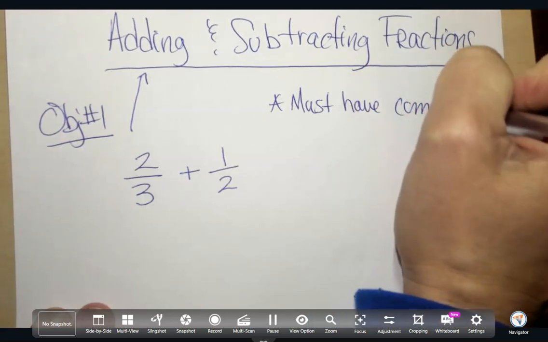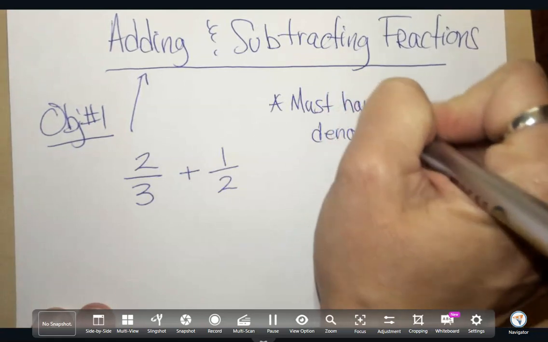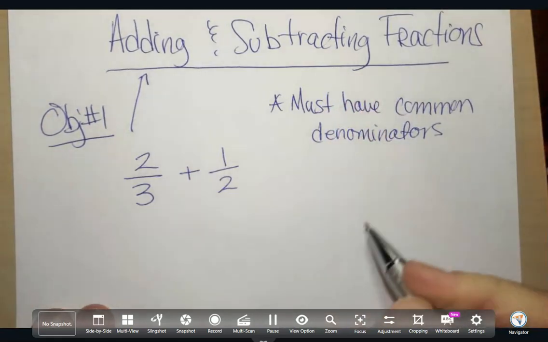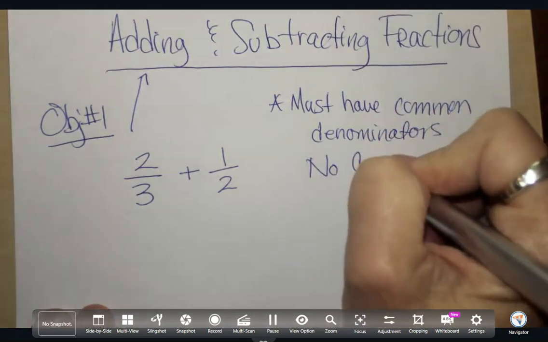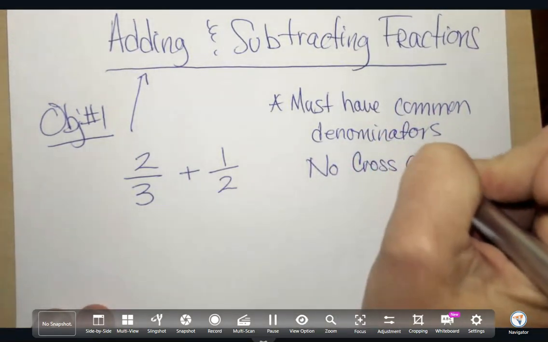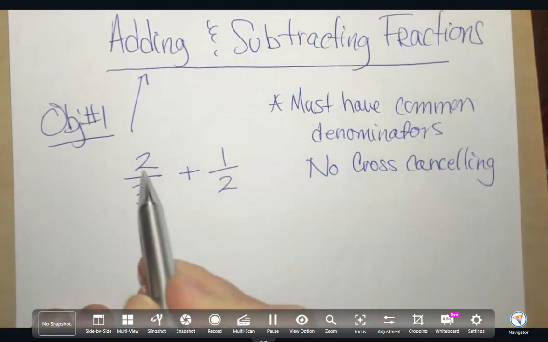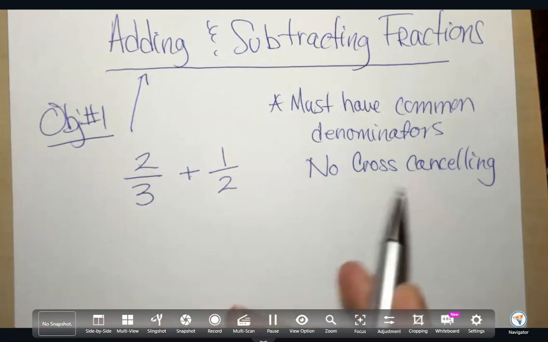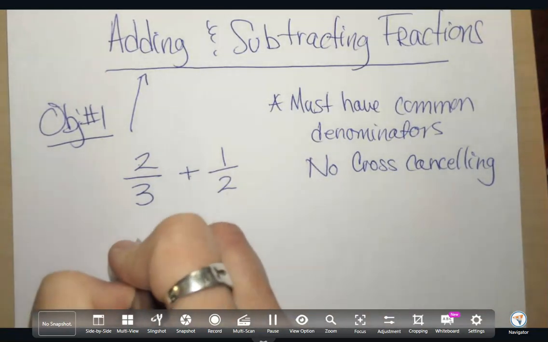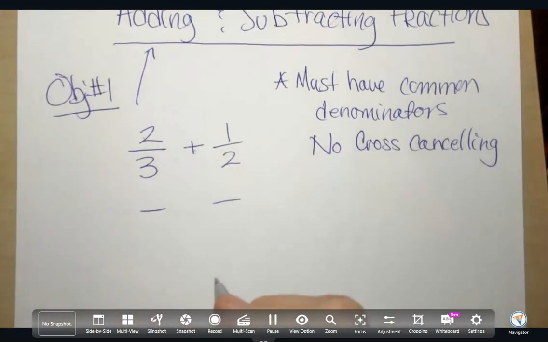common denominators. And no cross-canceling. So, for example, I cannot cancel my 2 and my 2. That's only for multiplication. So we need to think about a number, a least common multiple that both 3 and